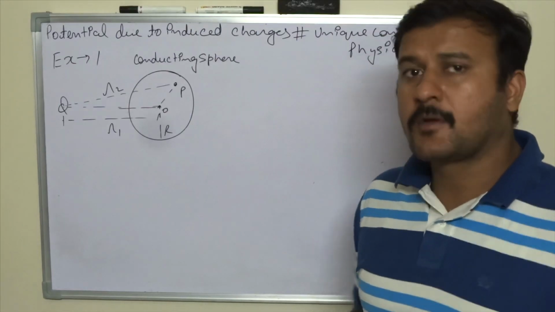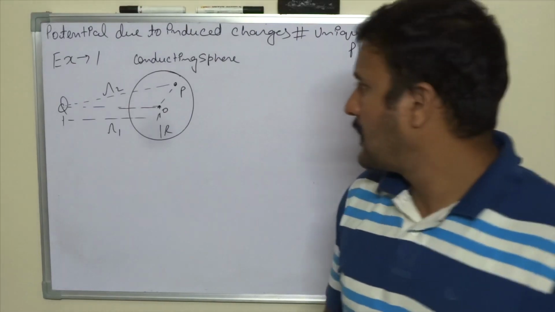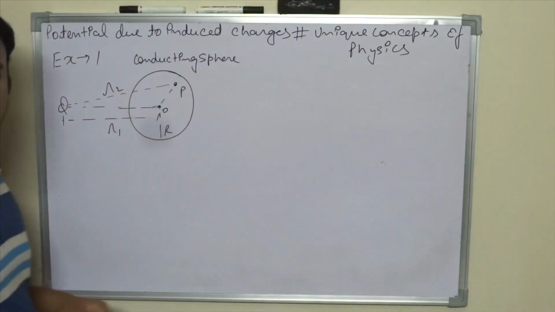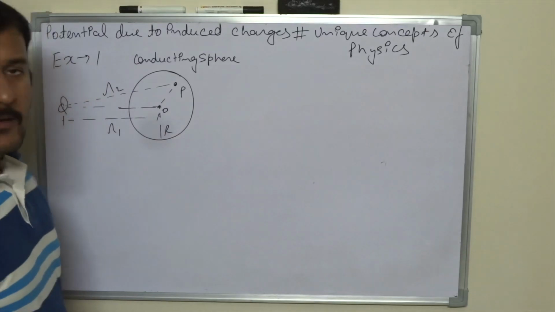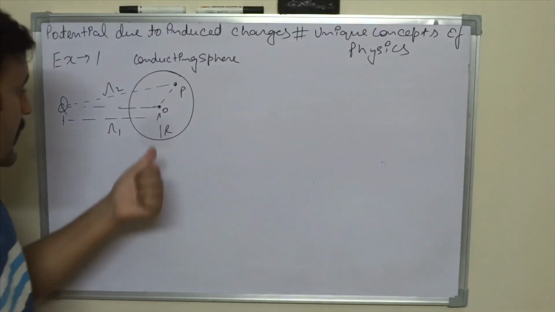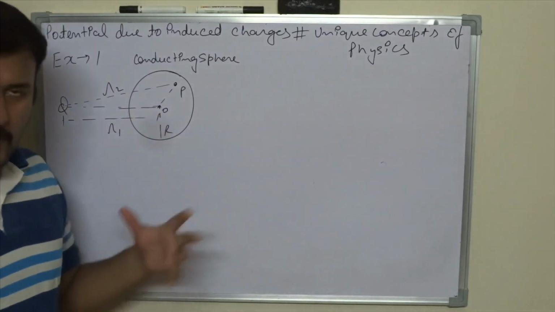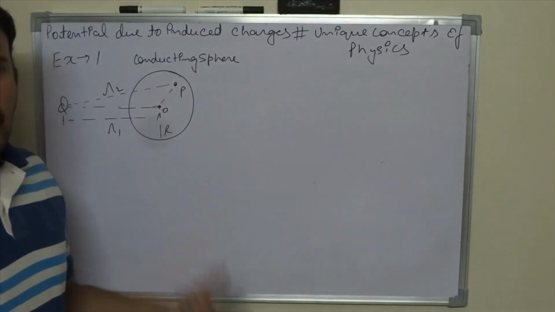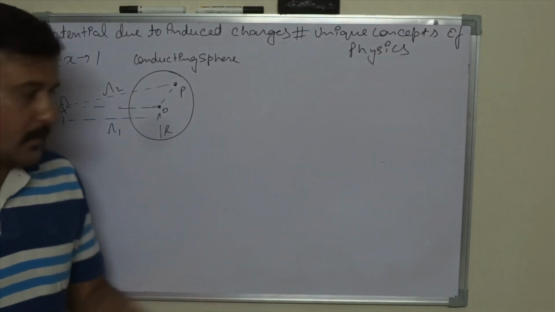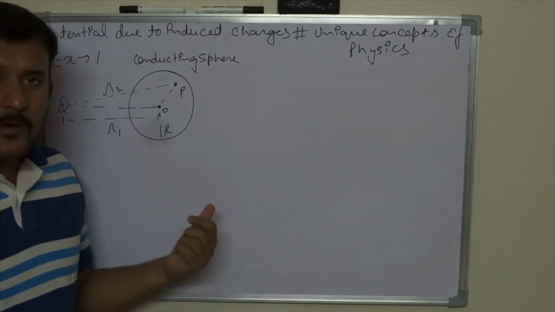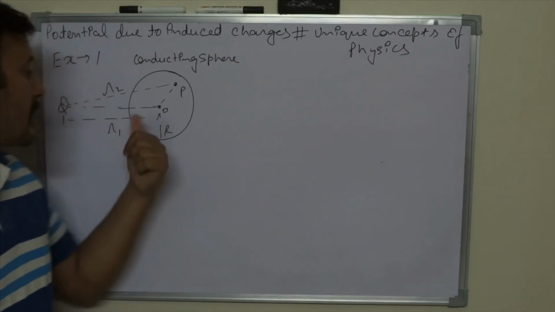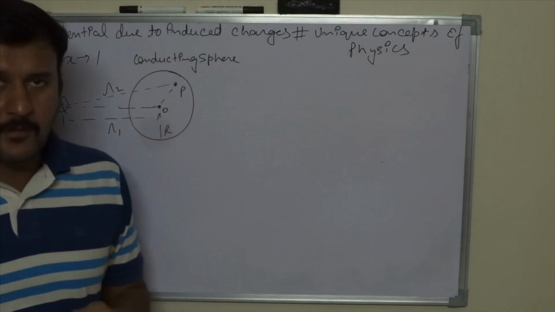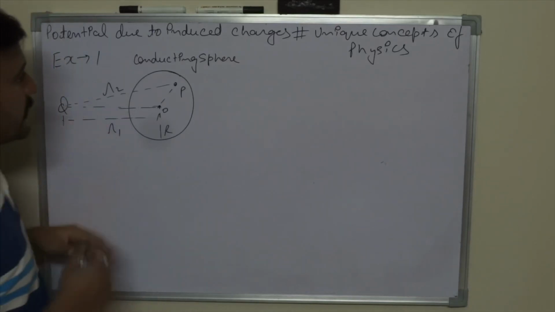First of all, in this video I am demonstrating one example, that I have taken a conducting sphere whose radius is r, and there are 2 points inside it. This point O, it is a hollow sphere, or it doesn't matter whether it is hollow or a solid conducting sphere as long as it is conducting. One point is O, the center of the sphere, and the other point is P, some other point. Now this sphere is neutral also,